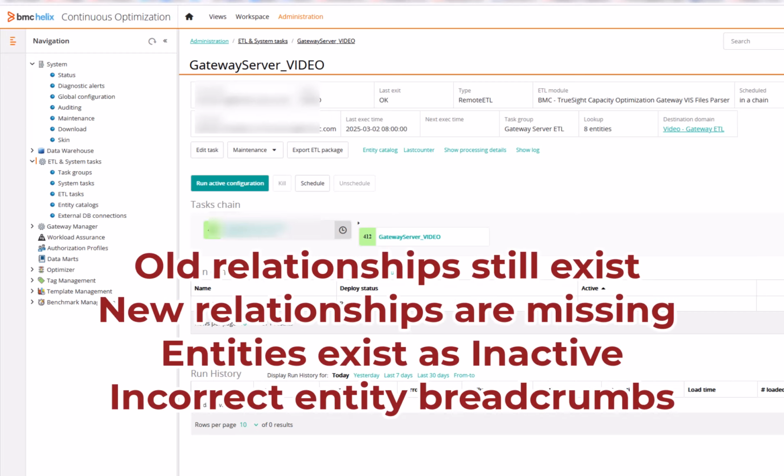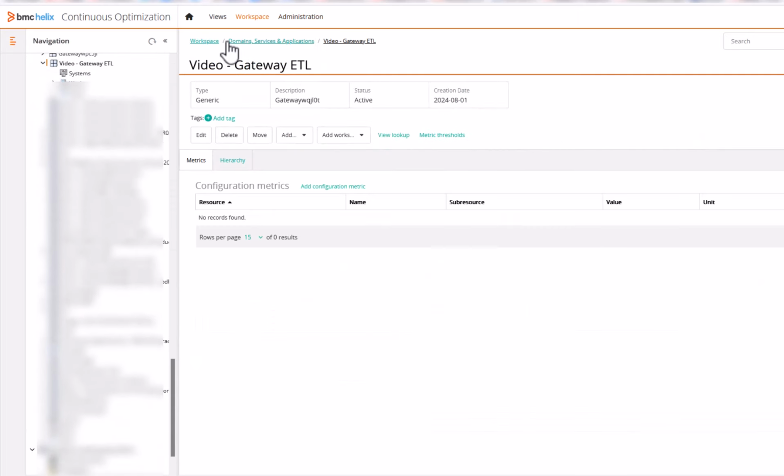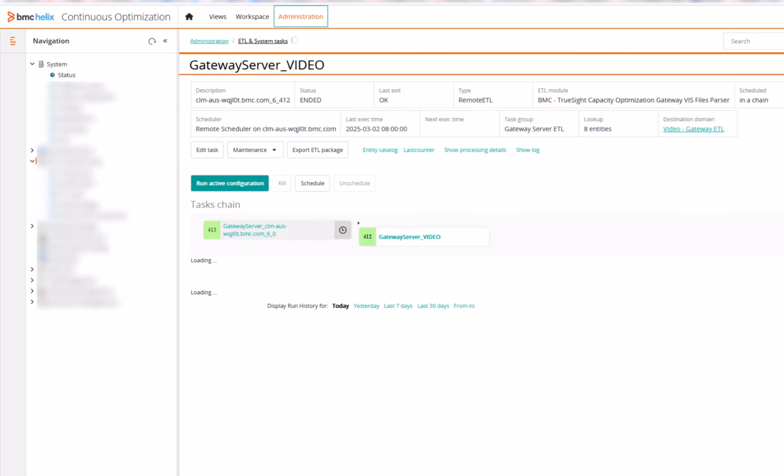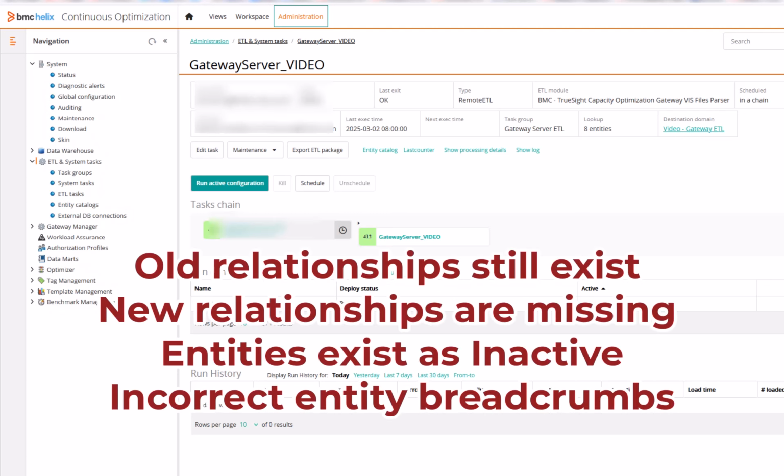ETL. The restore relations procedure can correct problems like relationships still exist in the workspace domain that should no longer exist, or relationships are missing for the target domain while the data is still being imported. For example, we have this domain which we know shouldn't be empty but is empty. Or there are incorrect breadcrumbs where entities report they are the child of a workspace but they're not actually contained